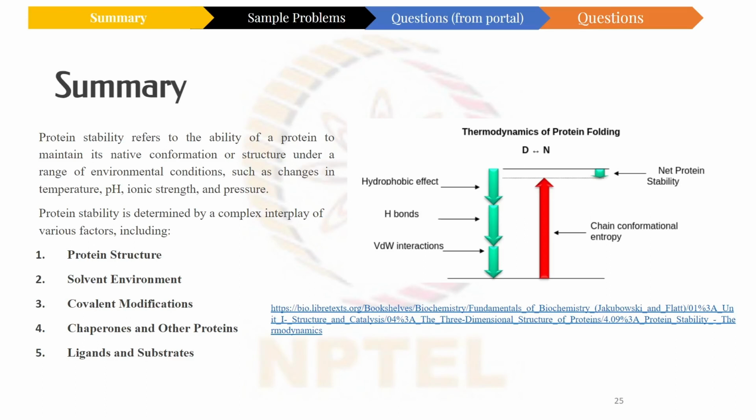So what is the advantage of this delta G being very small? This could be easily altered by point mutations so that the protein effects can be removed or enhanced. So understanding the interplay between these factors is essential for elucidating the thermodynamics of protein folding and stability. Experimental studies, including analysis of wild type and mutants, provide valuable insights into the relative contributions of each factor to the